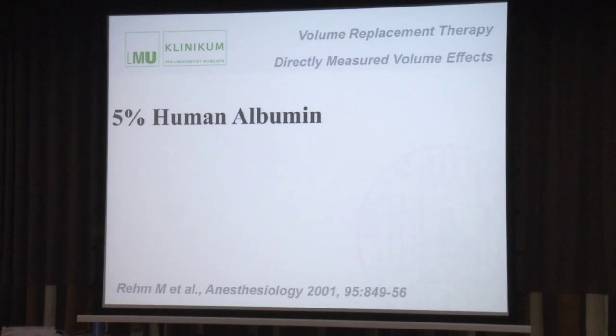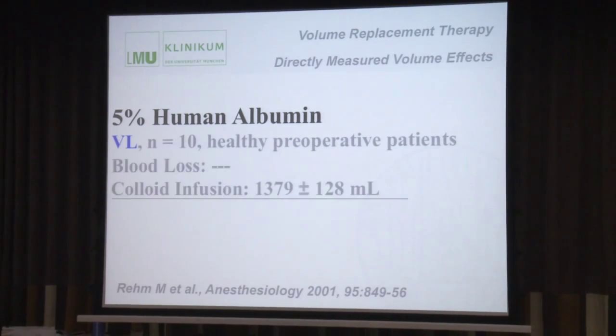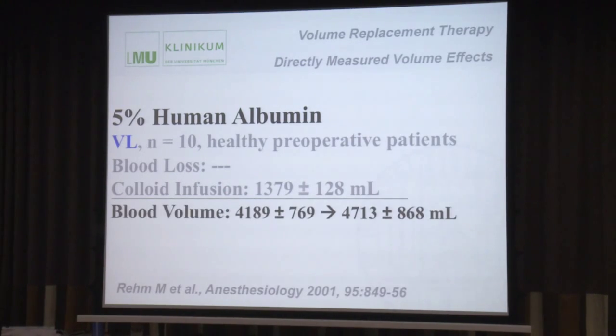This was also measured more than 12 years ago in human patients. Once again, an iso-oncotic colloidal preparation, but volume loading in a comparable collective. No blood loss, but additionally to the blood volume the patient comes with to us in steady state, an infusion of 1.4 liters of 5% human albumin. This expanded somewhat blood volume from 4.2 to 4.7 liters, but this is by far not at the extent of